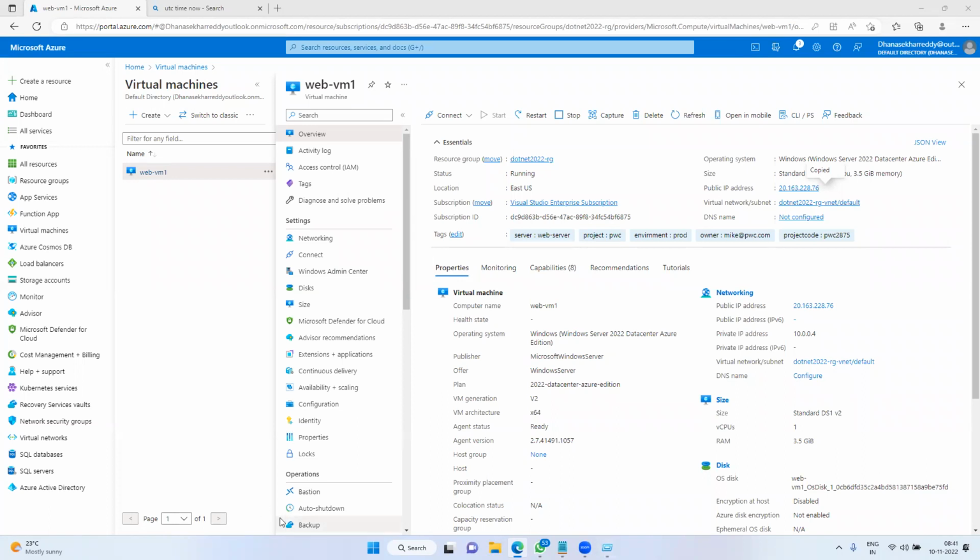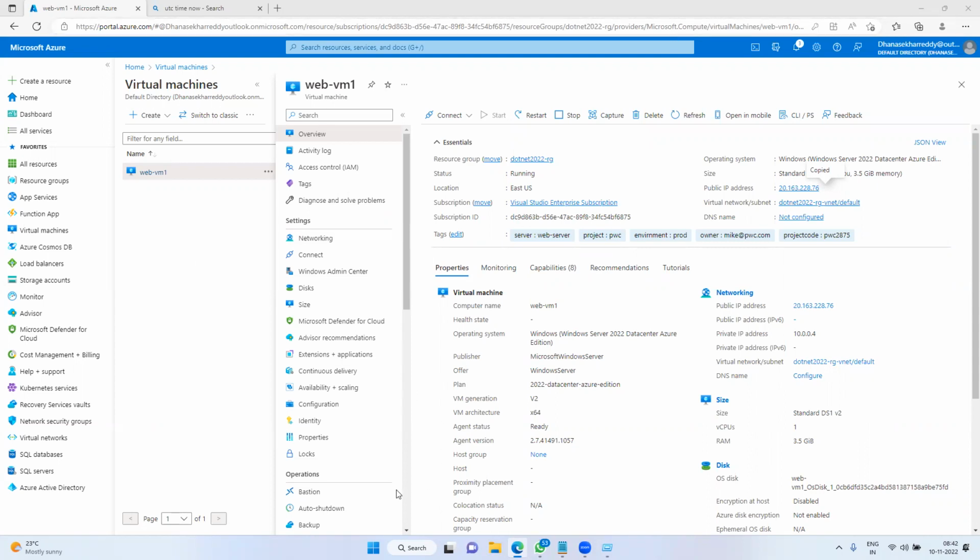If you want to change it to India time, there is a PowerShell command we have to use: set the time zone equal to IST, and then it will automatically change to the IST time zone. Not on the portal, within the server. I will show you how to change the time zone for the server.